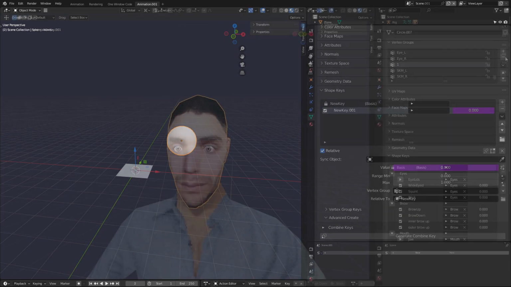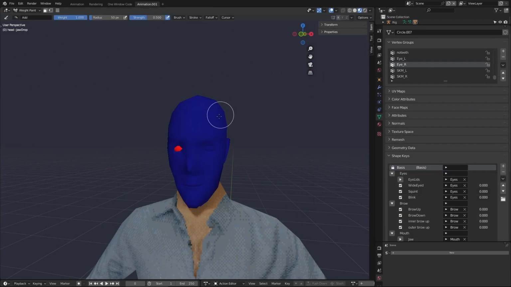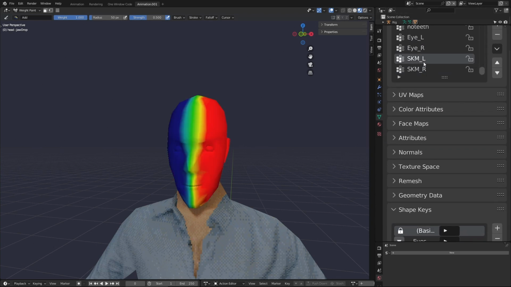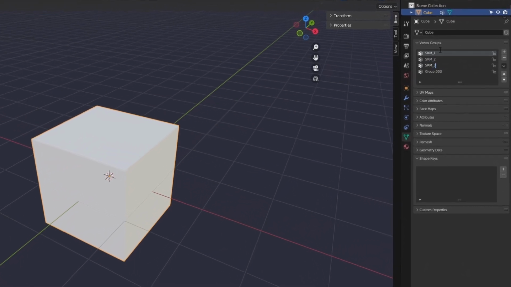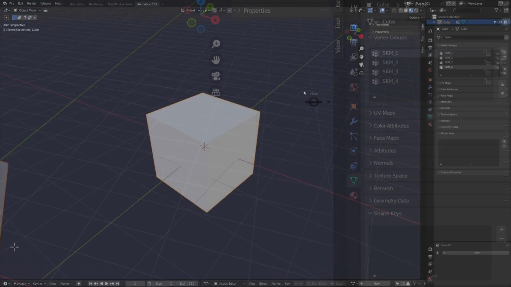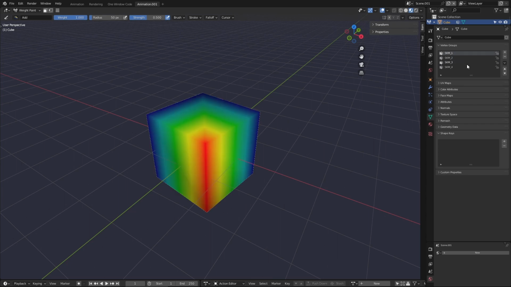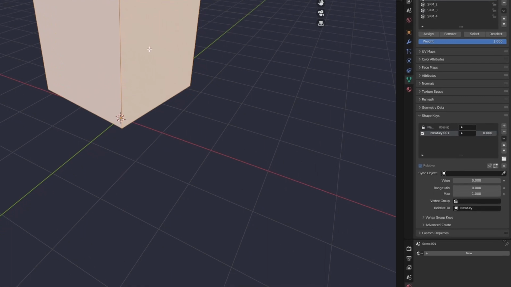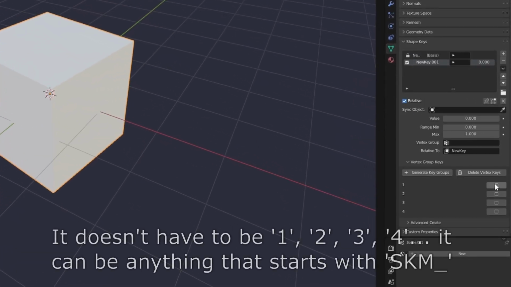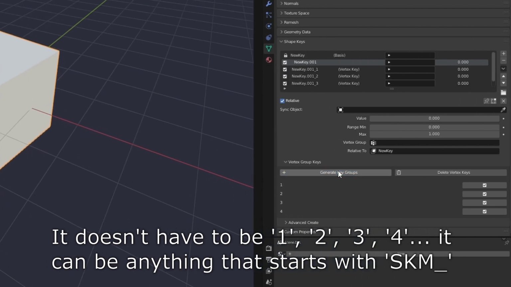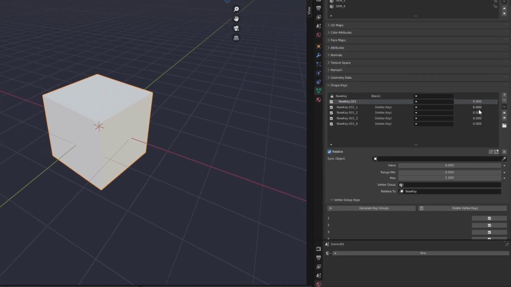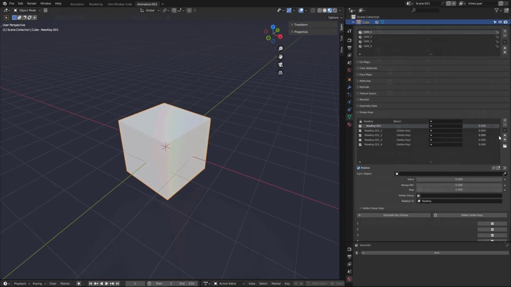The Vertex Group Key feature allows you to create shape keys that are based on the vertices of a specific vertex group. To use this feature, simply create a vertex group and name it with the prefix SKM_ in uppercase. This will make it appear in the Vertex Group Keys list in the Shape Keys panel. You can then enable or disable a reference to each vertex group for each shape key. When you are ready, click the Generate button and a shape key will be made targeted to each of the vertex groups that are enabled for every shape key that you have set a vertex group to work for.